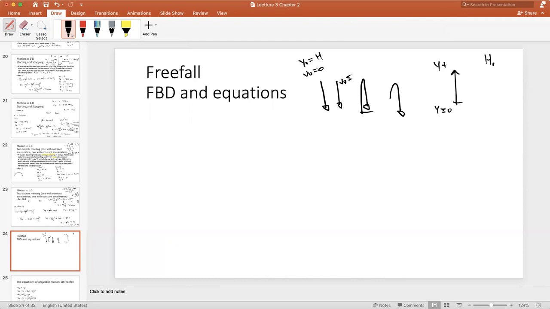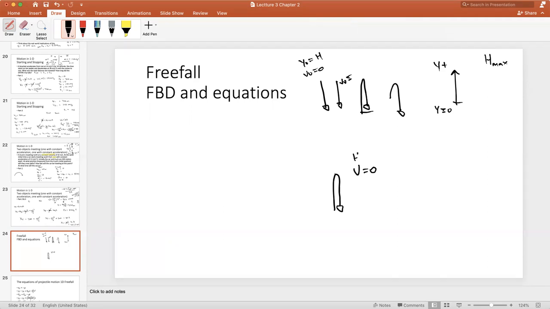That means the maximum height, h max. If you throw it up, the greatest height it reaches. There's one thing you do need to know, one added thing. When something goes up and comes back down under gravity, at the very top of its motion, its velocity is